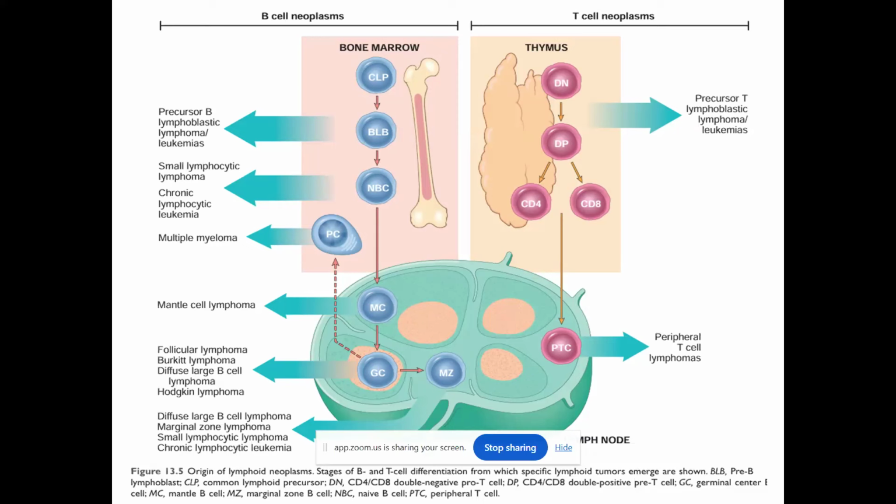These B lymphoid cells get their maturation in the bone marrow itself. Then after maturation, they come to the lymph nodes. The T lymphocytes get their maturation in the thymus. After the maturation in the thymus, they come